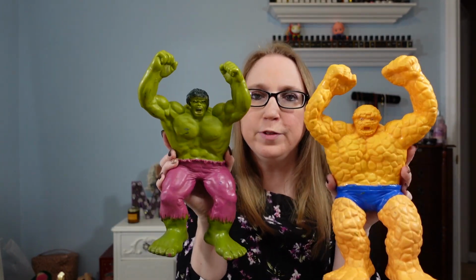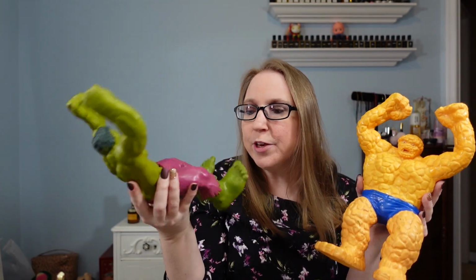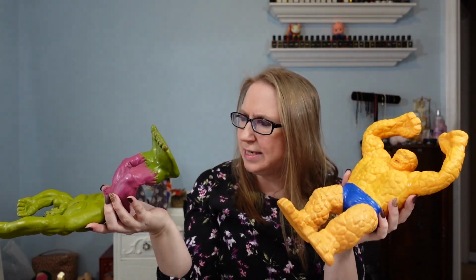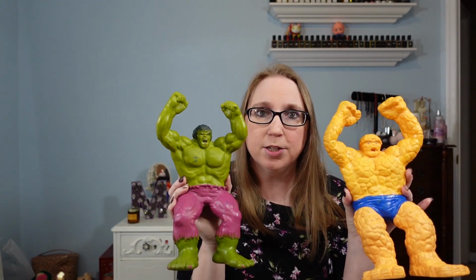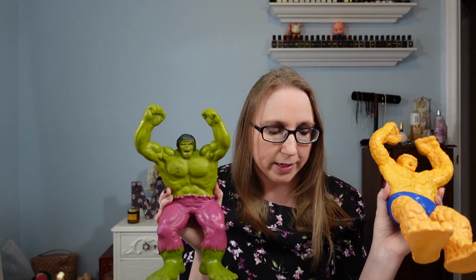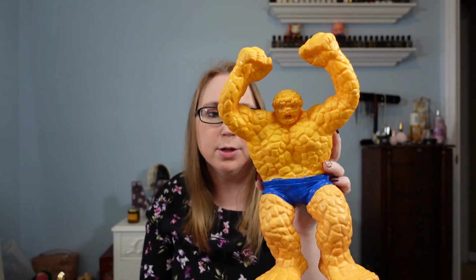These are vintage Hulk and Thing figures. They're from 1976, I believe. So we paid $11 for these toys. The Thing, this one here, is actually a little more harder to find. So we listed him as a buy it now for